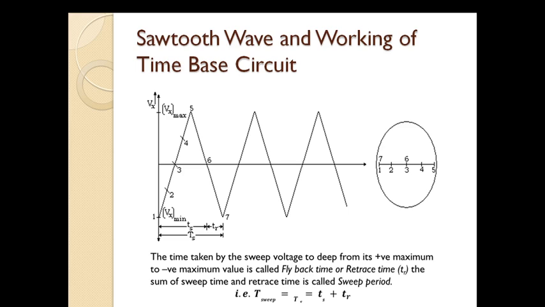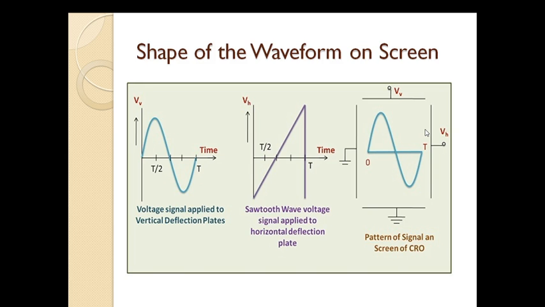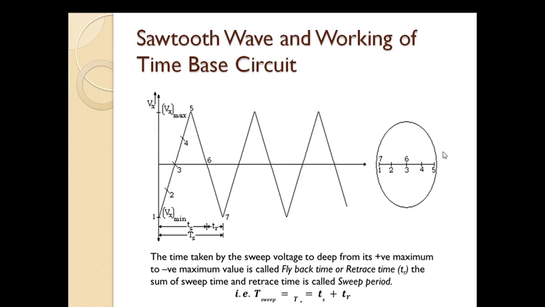At point number 4, the polarities change. This plate on the right was initially negative, so it becomes positive, and the plate on the left, which was initially positive, now becomes negative. But the voltage at point number 4 is not highly positive, so the plate is positive but not with a very high voltage. So the electron from point number 3 moves towards the positive plate but not very close because the voltage is not very high. At point number 5 the voltage on the right plate is maximum positive.